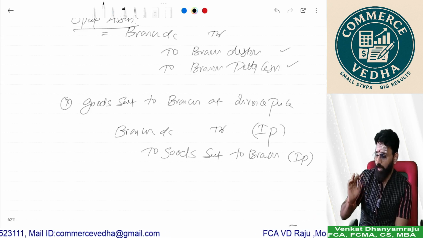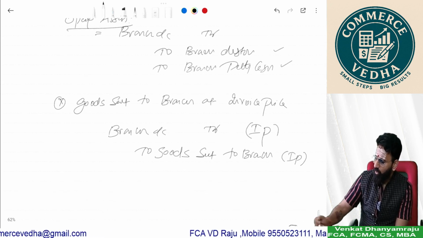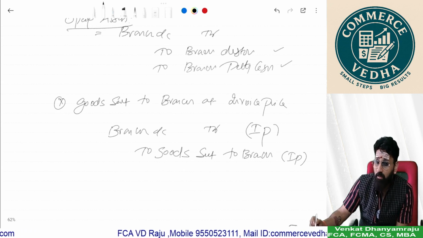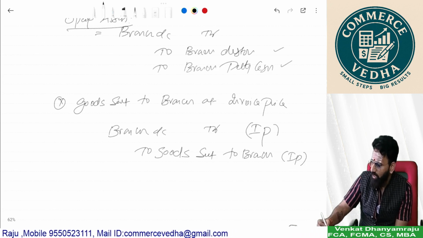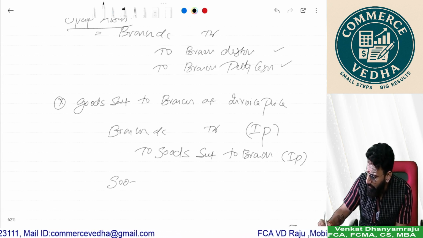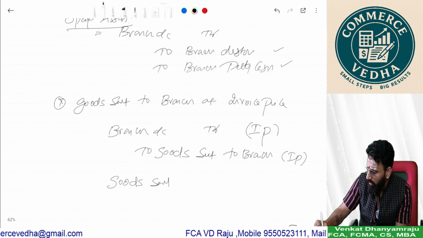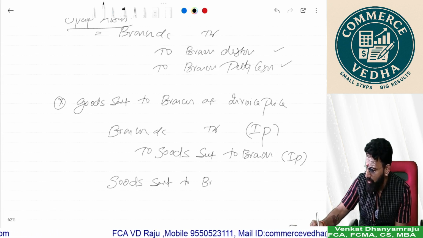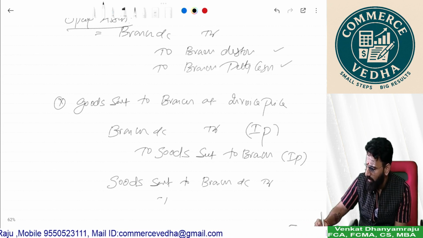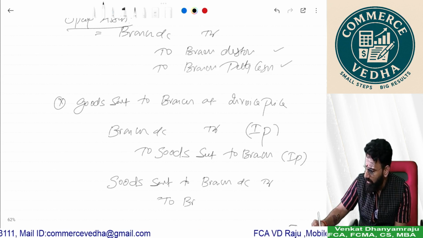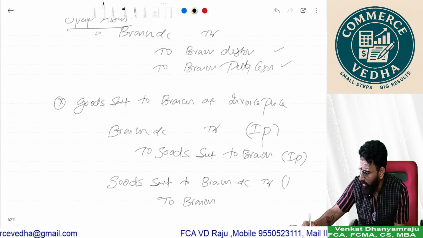But as you know, invoice price includes loading or margin, so we should give an impact. Immediately what I should do is goods sent to branch account debit to branch. This is for loading